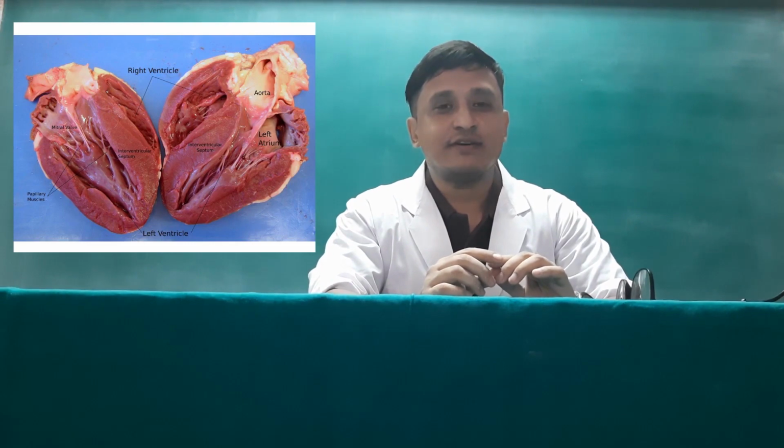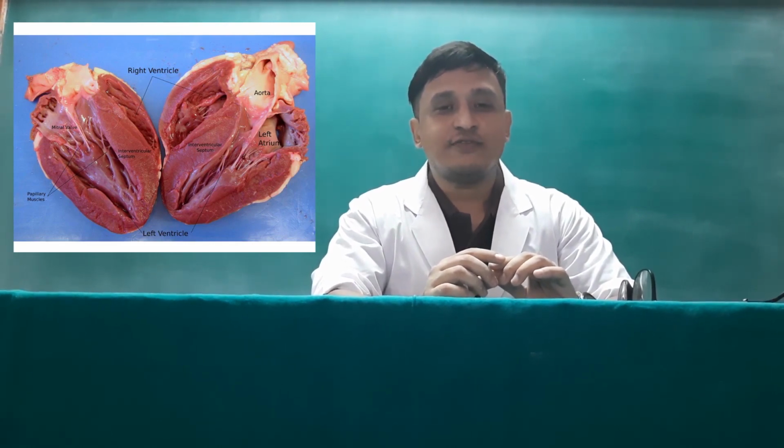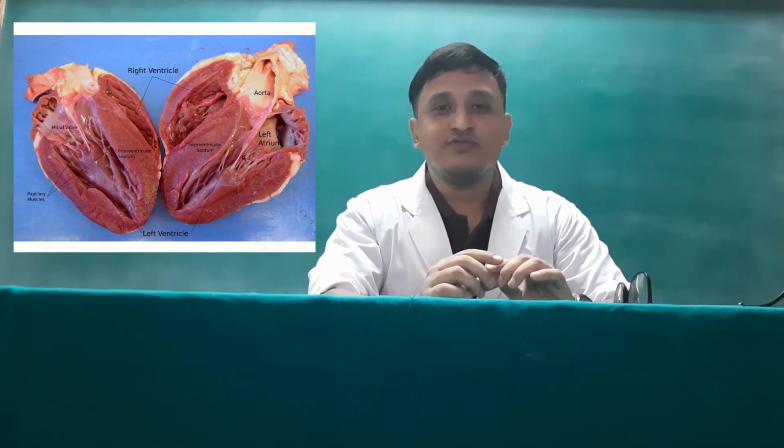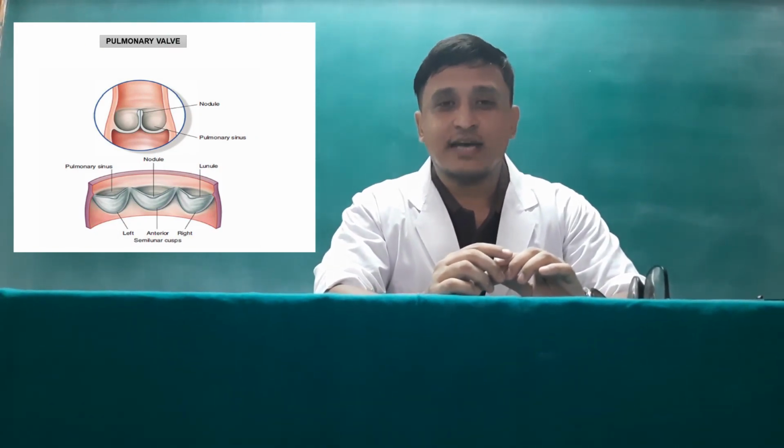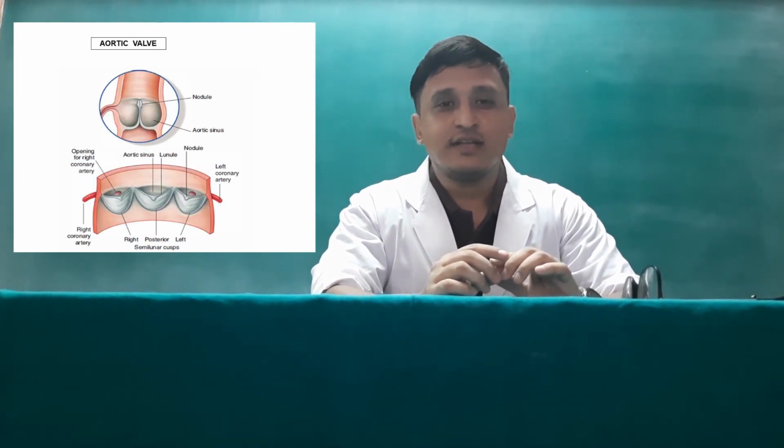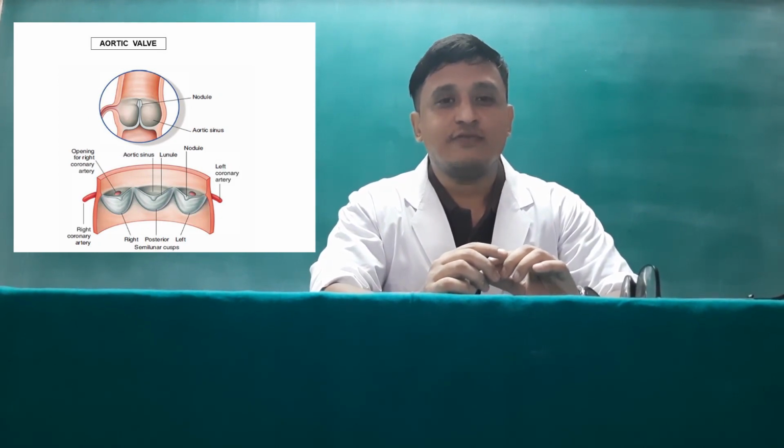Okay, to summarize today's class, the most important thing you should know is regarding the interior of the right atrium, the smooth part and the rough part, where the various openings of the veins are present in the right atrium. Then in the right ventricle, you should see the various papillary muscles, ridges, bridges. You should know about the inflowing part and the outflowing part. Similarly with the left atrium and the left ventricle.